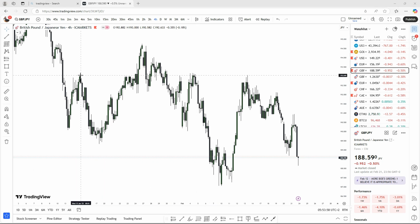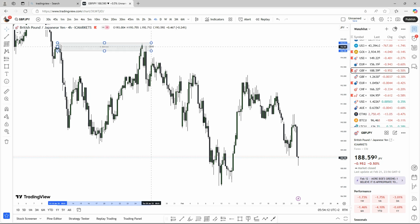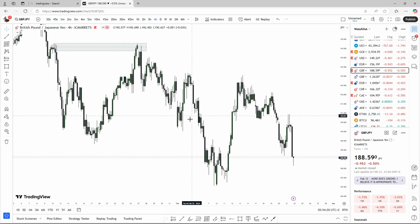As you can see here, we took out this high, this lower high, and we pushed the price from our premium zone, and it dropped, creating another lower low, lower highs. So there was a lower high right here, but eventually it took it out. You can see here,